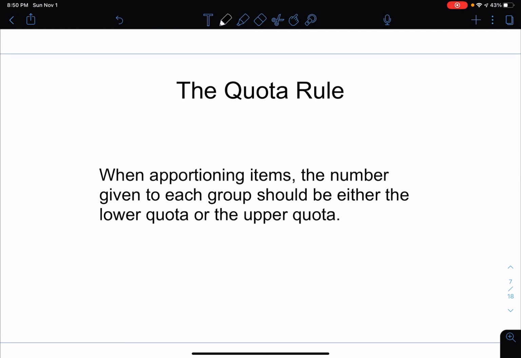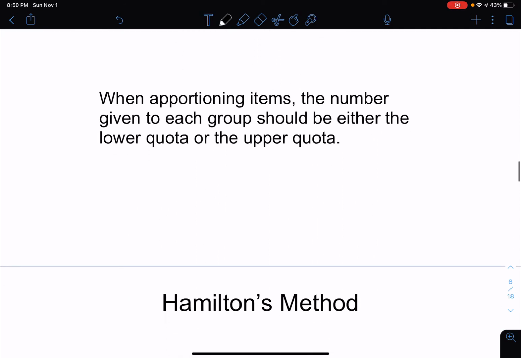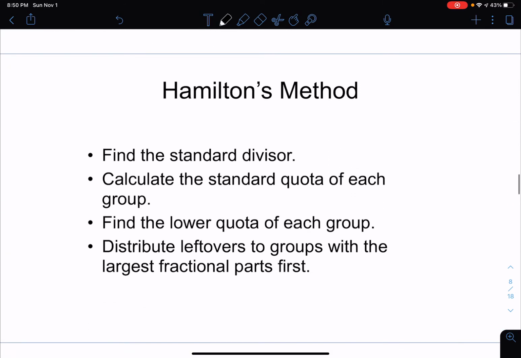The quota rule says that when apportioning items, the number given to each group should be either the lower quota or the upper quota. And there's some apportionment methods that do follow this rule, like Hamilton's and Lowndes'. There's others that do not follow this rule. Those are called divisor methods, and that'll be in another video. But for now, this is the quota rule, and we're going to be looking at following it. Starting with Hamilton's method,